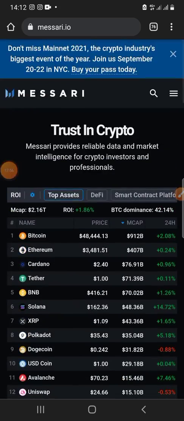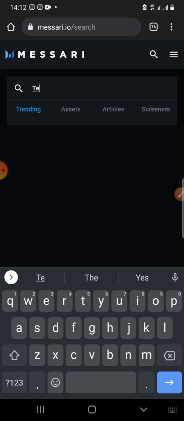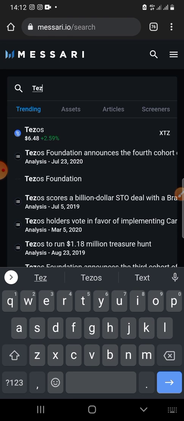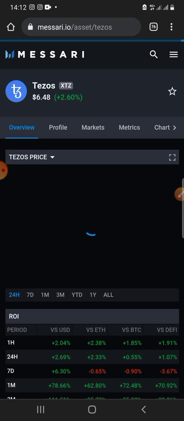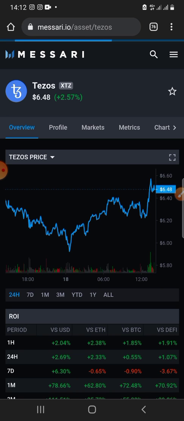So what we are going to do is look for the illustrative example for this video, and that illustrative example is Tezos. So you can just use the search button and type Tezos. You can see it here. So we wait for it to load, and when it comes, one of the main things we are very interested in here is the history of this cryptocurrency, something we call the tokenomics, the token allocation, the timeline of the project, the future development, and the funding milestones.